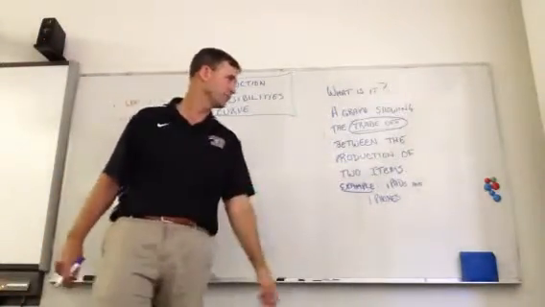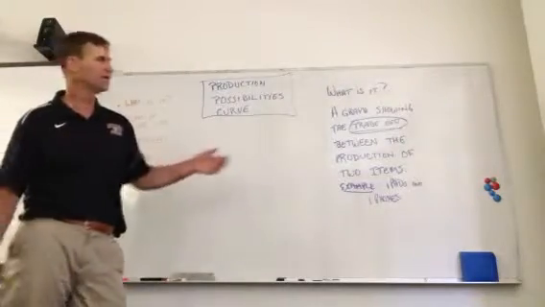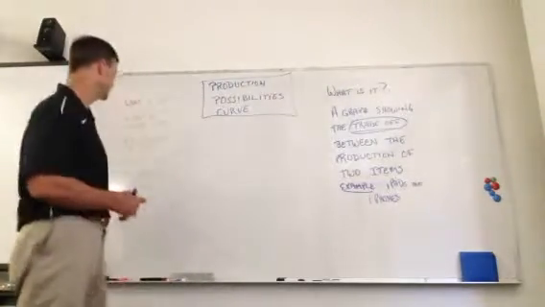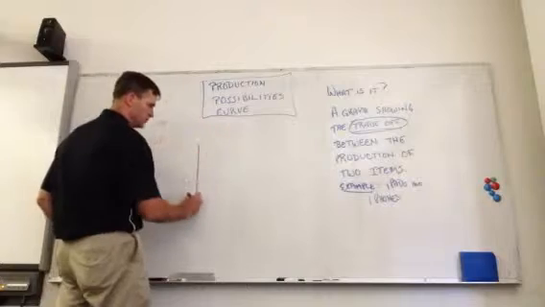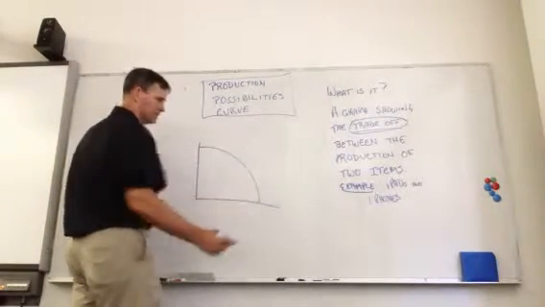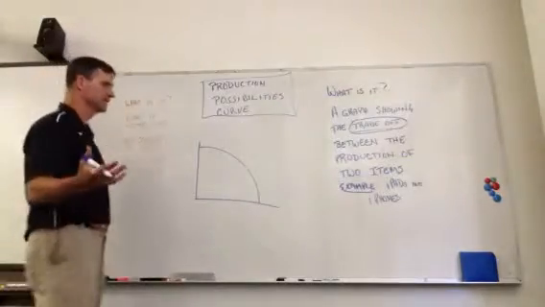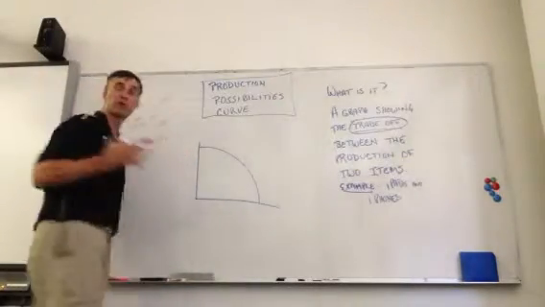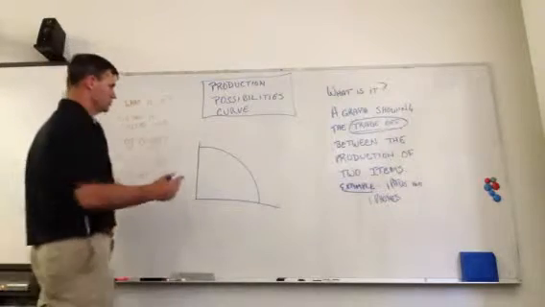It's a graph showing the trade-off between the production of two items. The key concept is this trade-off. So, what does a production possibilities curve look like? It simply looks like this, and that is the trade-off between, let's take the example of agriculture, and we'll use